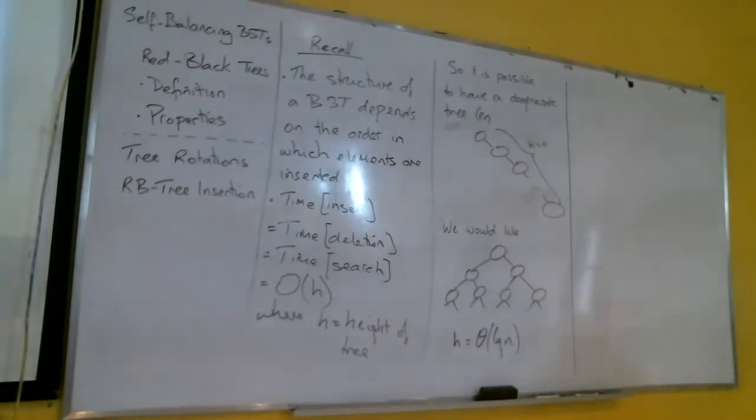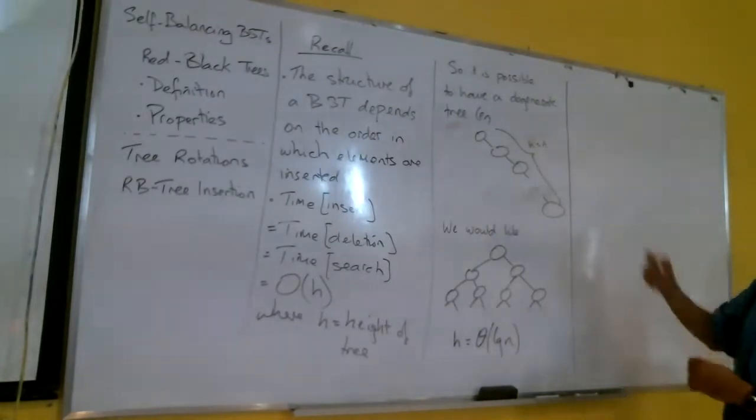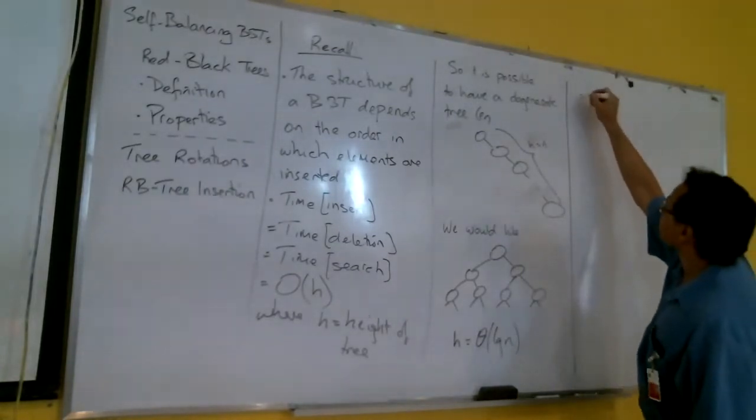Another way to put it is that if we could somehow guarantee that at every level, the difference in heights between the two sides isn't too much, then that would also lead to balance, something closer to this. So a self-balancing binary search tree